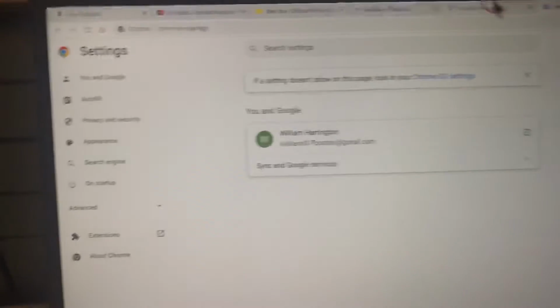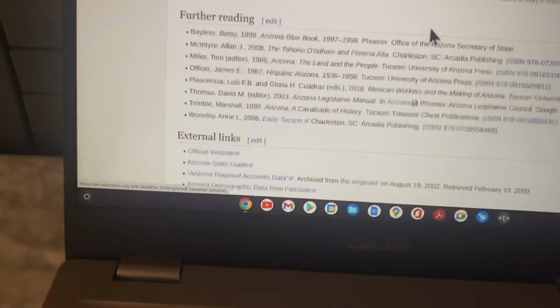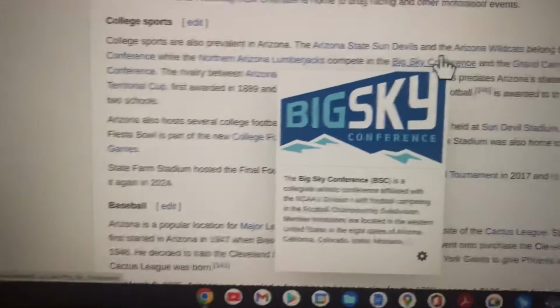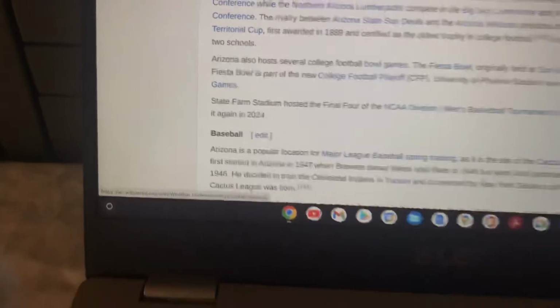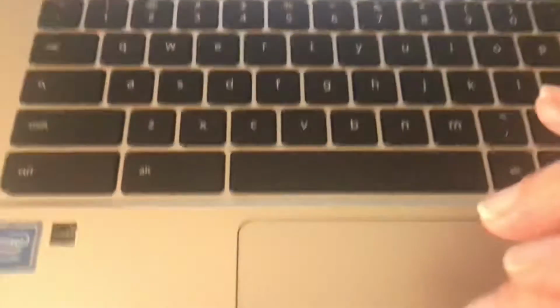The other thing that's really cool about Chrome browser is as we look at this, as we scroll up and down now, I'm using my 2-finger scroll. You use it a lot. Just 2 fingers, and it just makes you scroll. So we'll scroll up a little bit here. If you're having a hard time reading something, the cool thing about Chrome browser that is kind of like your iPhone is you can zoom in